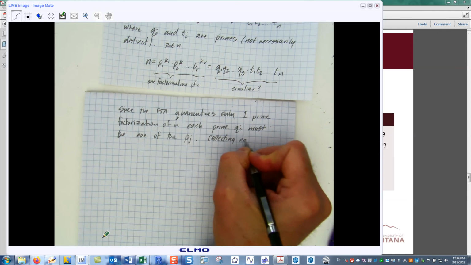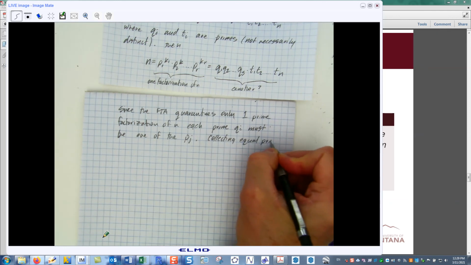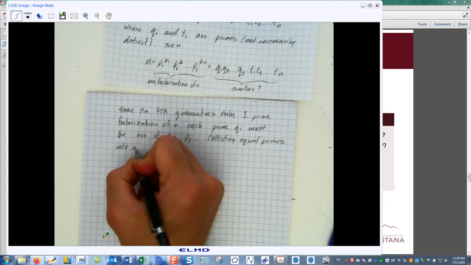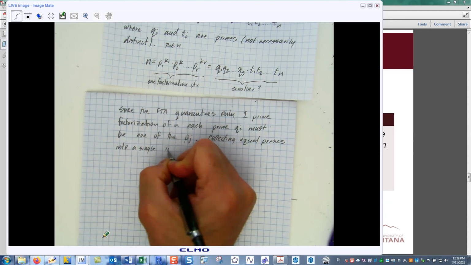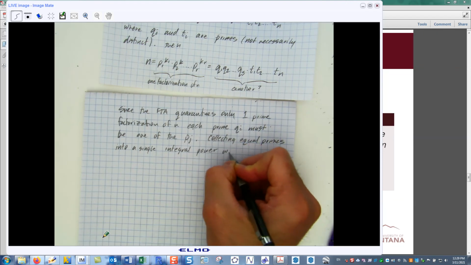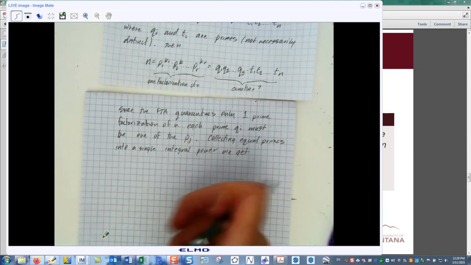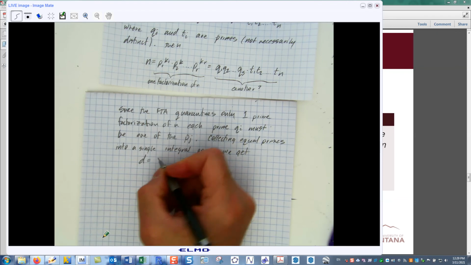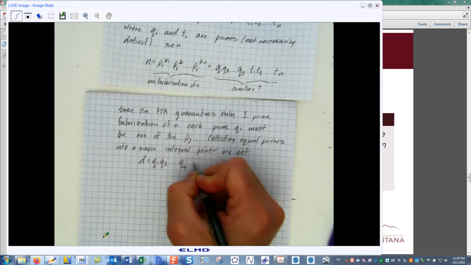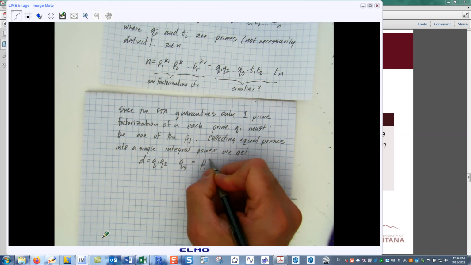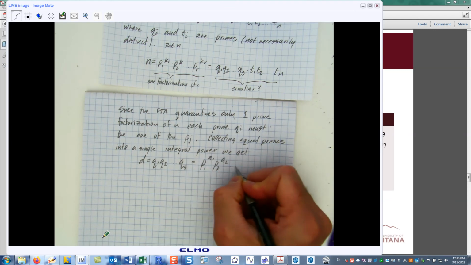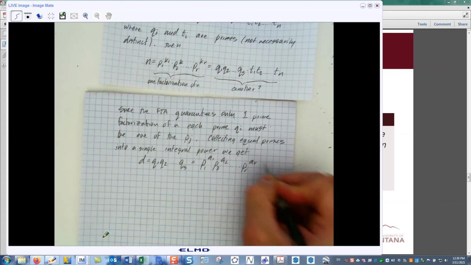Collecting equal primes into a single integral power, we get that d must be equal to q1, q2, all the way up to qs. That has to be equal to p1 to the a1, p2 to the a2, all the way up to pr to the ar,